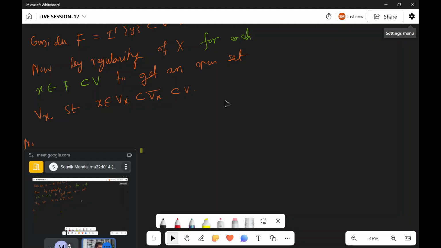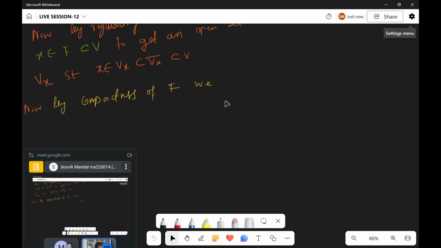Now by compactness of F, we get finitely many xi's belonging to F such that F is a subset of the union of Vxi, which is equal to W. Now since this Vxi is a finite family,